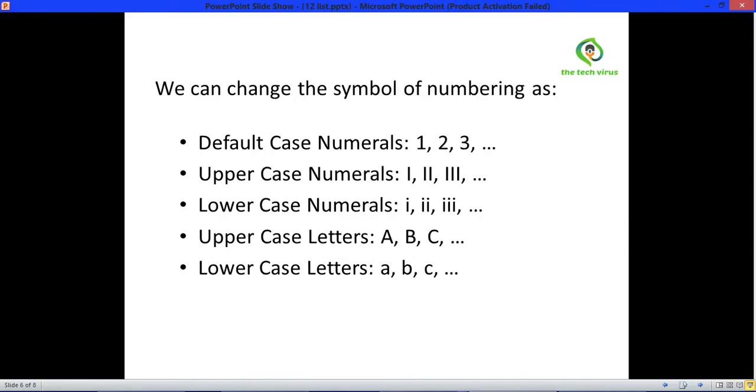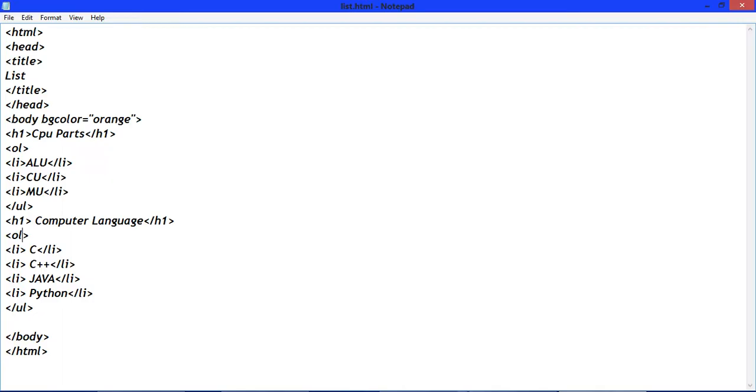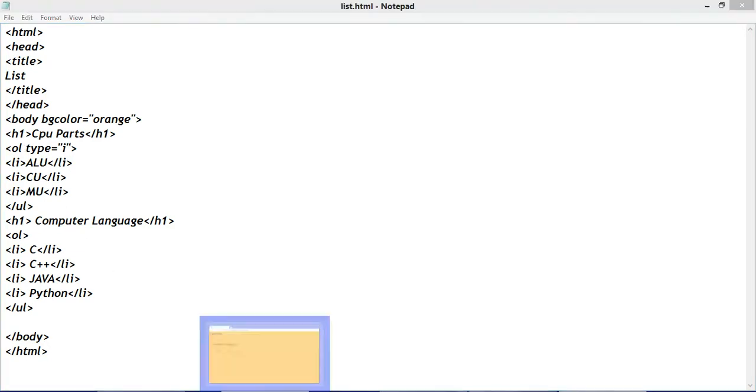Okay, we can change the symbol of numbering. The default is number 1 2 3; the other options are uppercase numeral, lowercase numeral, uppercase letter, lowercase letter. Now right here write type equals to small i. Save it, run it.